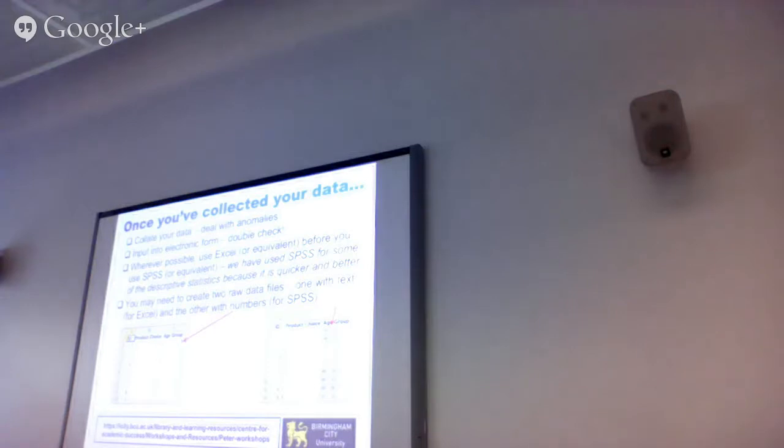A lot of people aren't aware of this stage. They will do an online questionnaire like SurveyMonkey, and they'll get frequency distributions for individual questions out of it, and then they say, well, what shall I do next? And if they come to me, I say, well, if you've used SurveyMonkey, you're going to have to pay about £20, £25